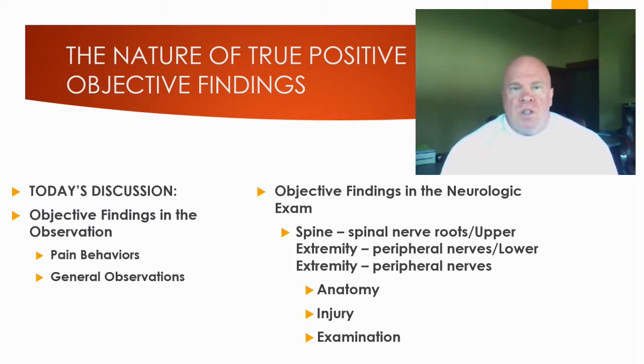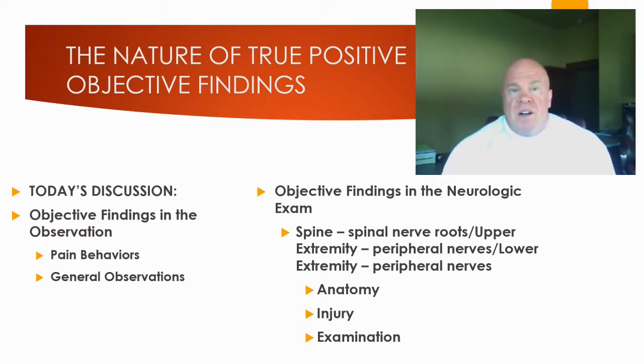Now, of course, a discussion of the physical examination of the spine, the upper extremities, and the lower extremities would take hours and hours and hours and is way beyond the scope of this continuing education program. So I want to highlight just a few key points wherein I find there is great misunderstanding among qualified medical evaluators. So in today's session, I want to talk to you about true positive objective physical examination findings that you can determine in your first 10 seconds of observation of your examinee.